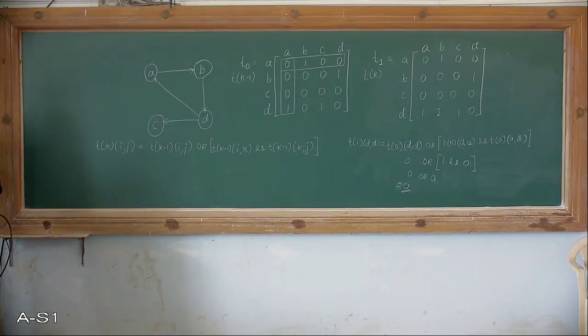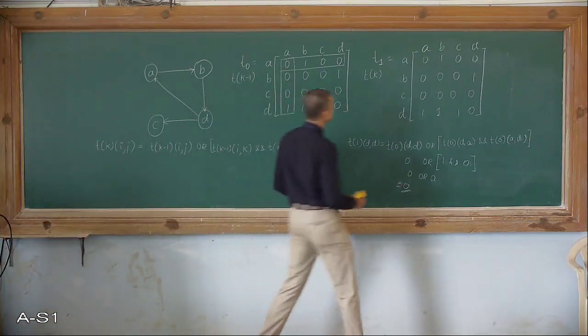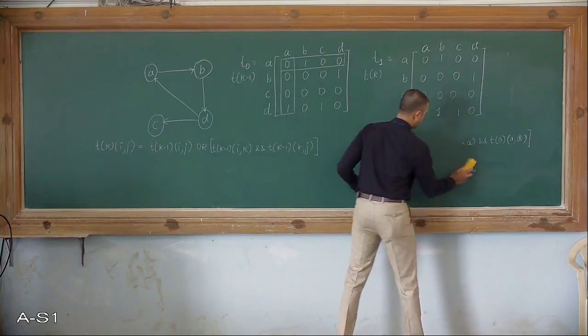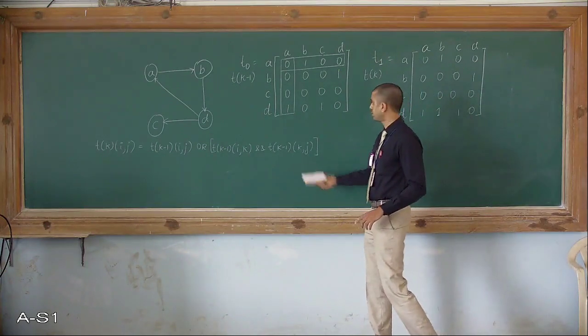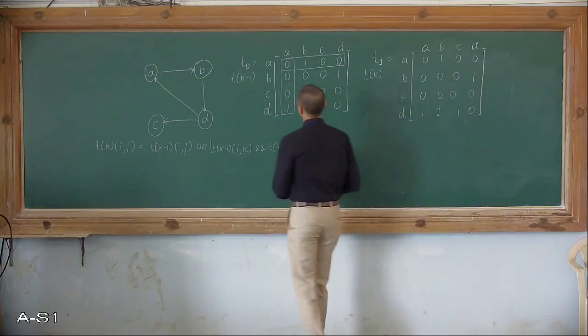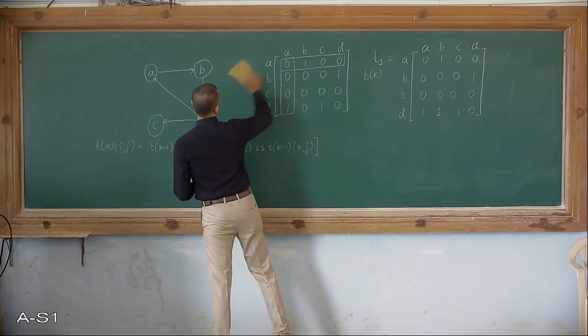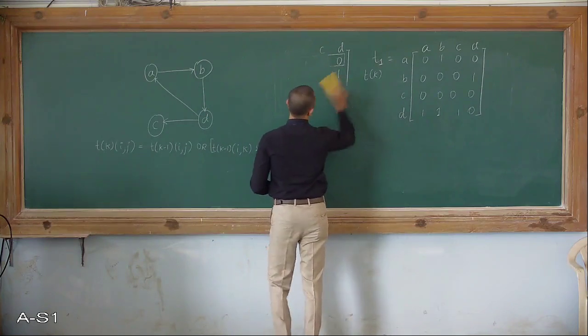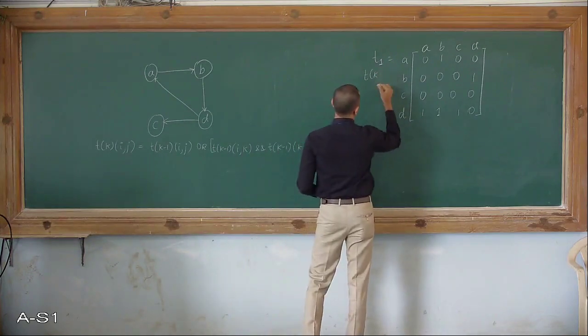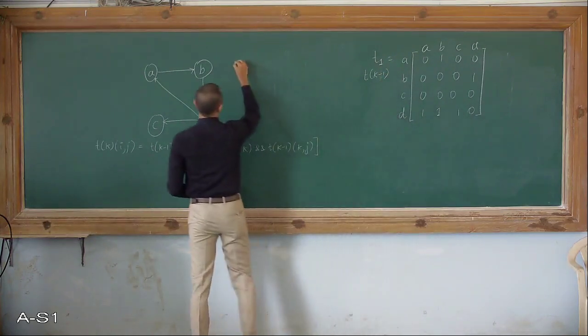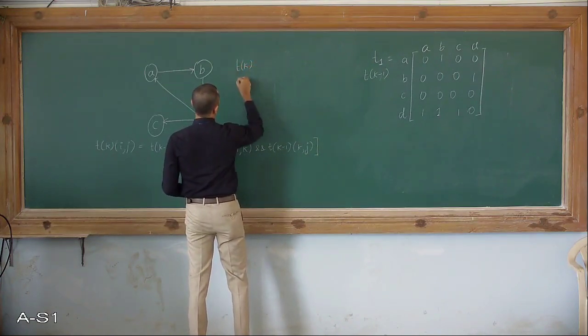Next I'm going to find out. Now I have T1 matrix. So similarly I'm going to have T2 matrix. I hope this is clear to all of you, how to convert zeros to ones using this rule. Alright. Now to have T2, I'm going to be considering T1. So this is going to be my T of K minus 1 now, and this is going to be my T of K. So this is T2.